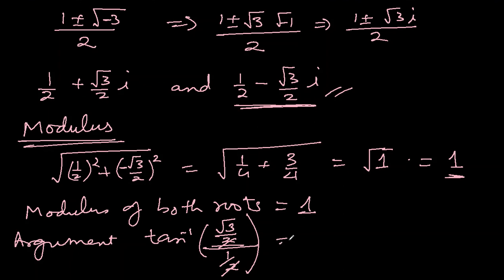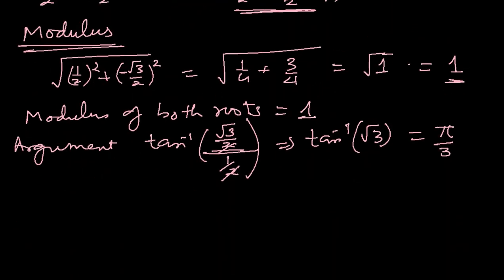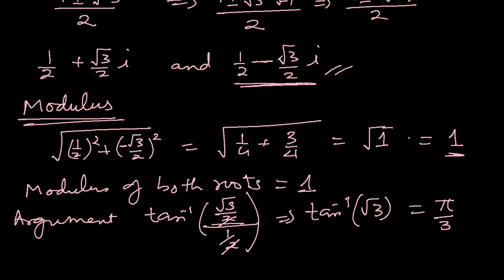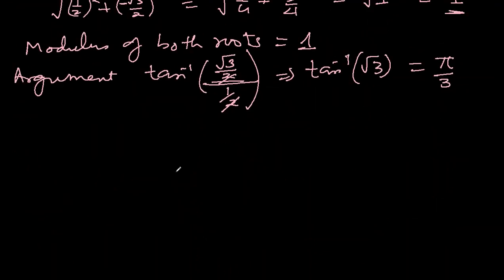It becomes tan inverse square root 3, which is pi over 3. Similarly, the other one will have negative in place of positive square root 3 over 2. So the argument of the second root